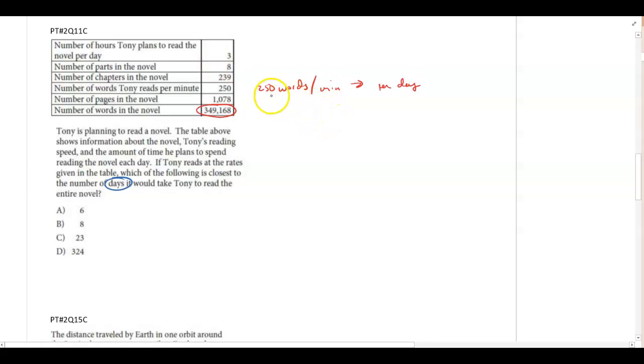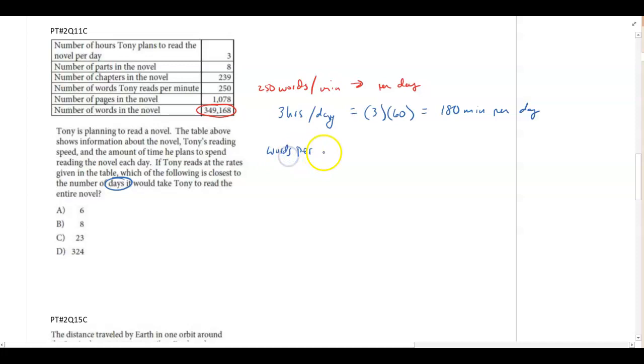Well, if this is in words per minute, what I have to do is say if he reads 3 hours per day, that means he's reading 3 times 60 minutes per hour. That means he's reading 180 minutes per day. So if he reads 250 words per minute for 180 minutes per day,